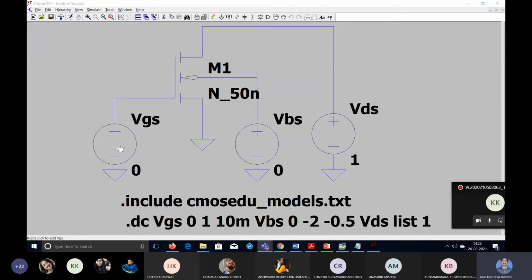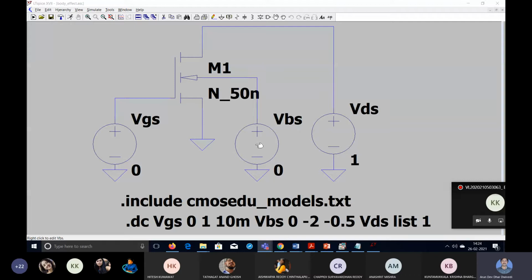And I want to ramp this VGS by keeping different VBS. Initially, we will keep VBS equal to 0. That will be exactly equal to this one connected to this one. Our body is connected to ground. VBS is 0 volt means body is connected to ground. But further, we will provide VBS equal to minus 0.5 volt, then minus 1 volt, then minus 1.5 volt, then minus 2 volt. So then 4 more sets of data will be produced, for which we will see what the IV characteristics are and how threshold voltage is changing.